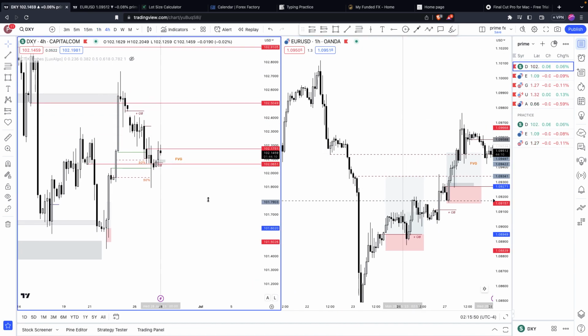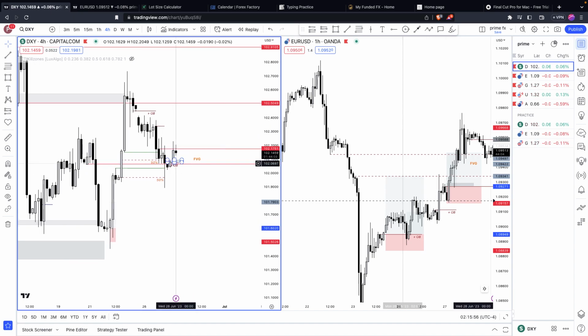we saw price displace down, and then I was looking at price to actually close below, but we just got this wick into the zone, and I was thinking this is really not what I was looking at. Okay, so price closed above, and I wasn't really convinced that price was going to be bullish, because if you are looking at